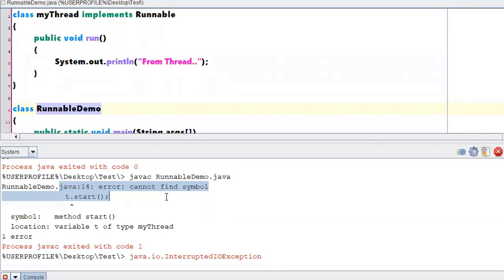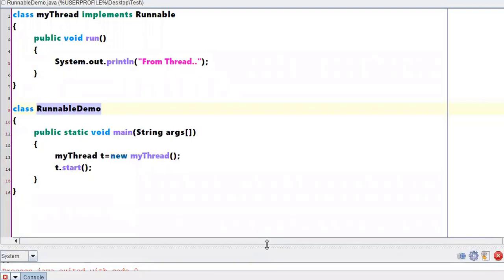That means it is saying that I am not able to identify which start method you are talking about. You didn't write anything locally, right? You are not extending any thread class. Then how can you call this particular start method? Where exactly is the start method? The start method is there with respect to the Thread class.